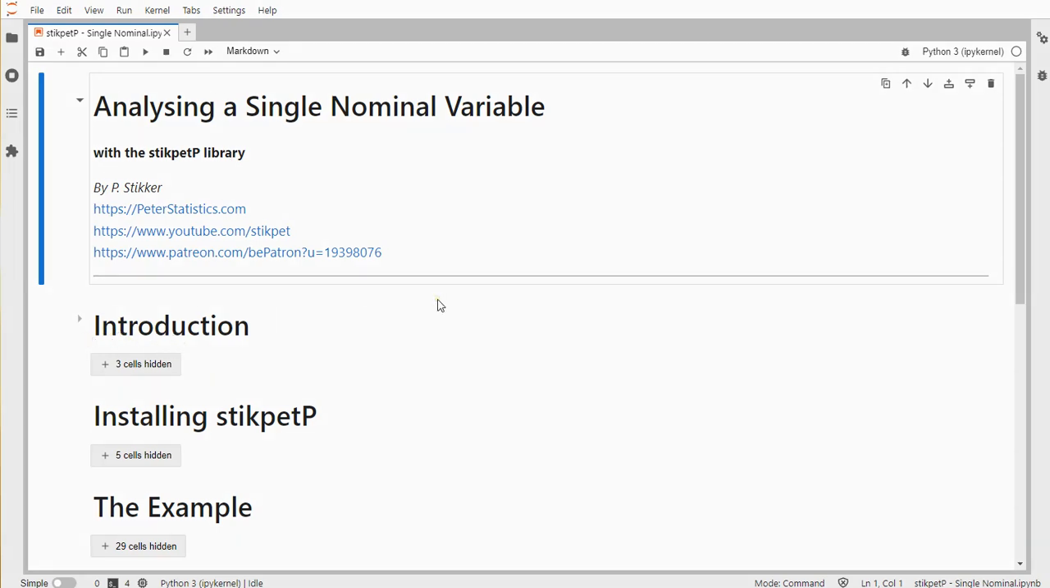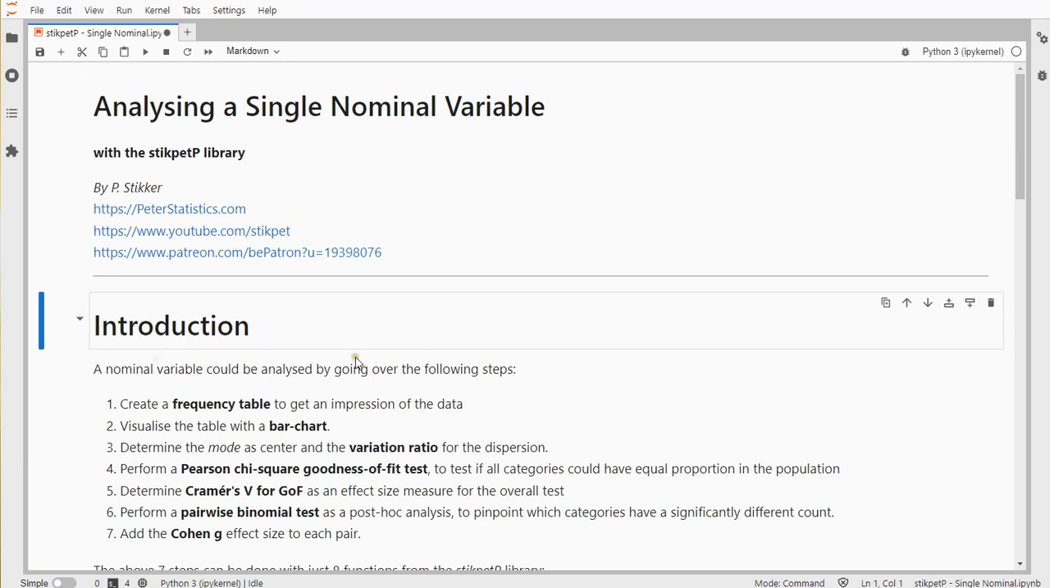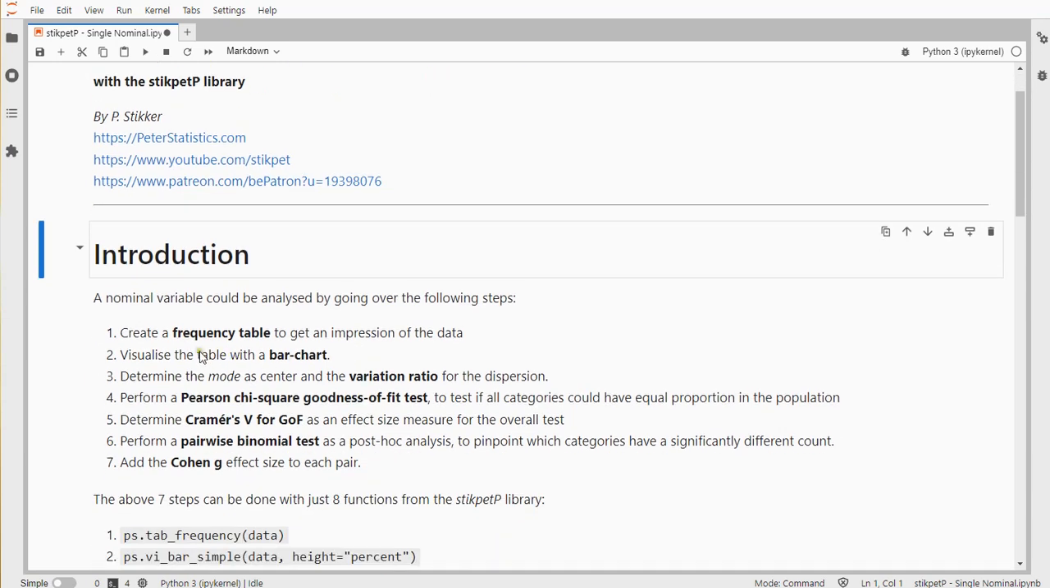Welcome. In this video I'm going to show you how you can analyze a single nominal variable using Python with my stikpetP library. I'm using JupyterLab with a Jupyter notebook and a Python 3 kernel. So in this video I'm going to go over the steps to create a frequency table, make a bar chart,